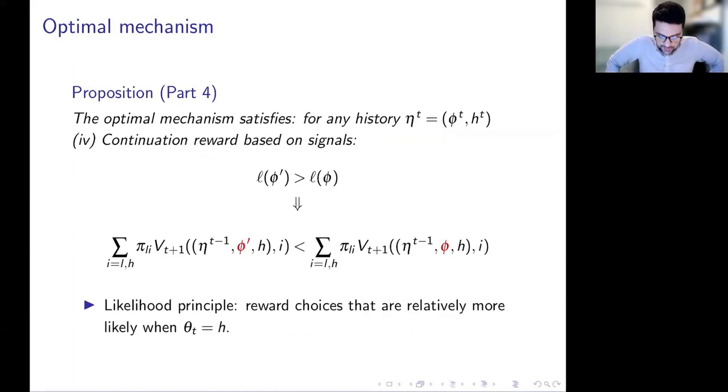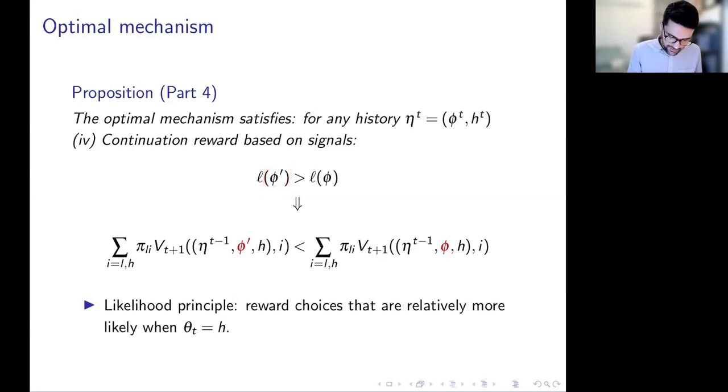The second statement about continuation utility is that we will also use the signal realizations observed in period T in order to reward the agent in future periods. So what this means is if in period T we observe a signal realization phi prime that is relatively more likely to come from a low type,